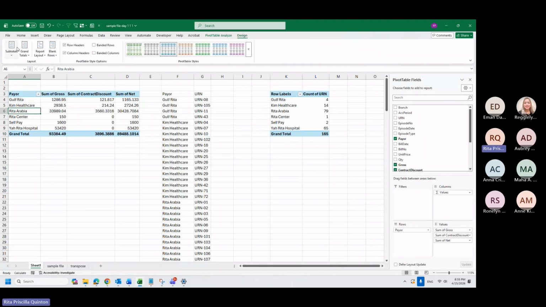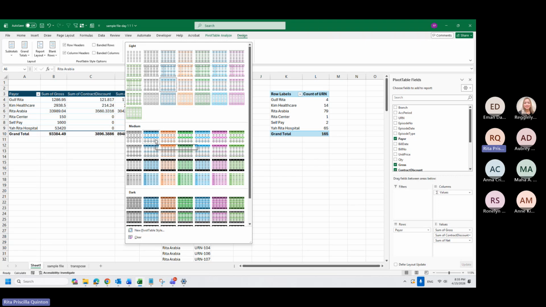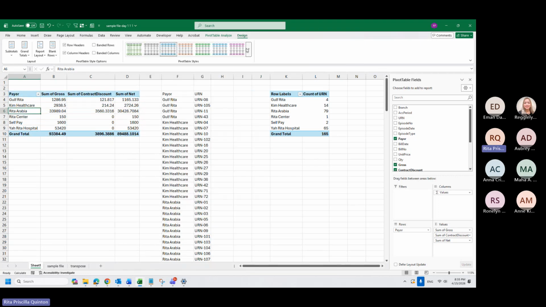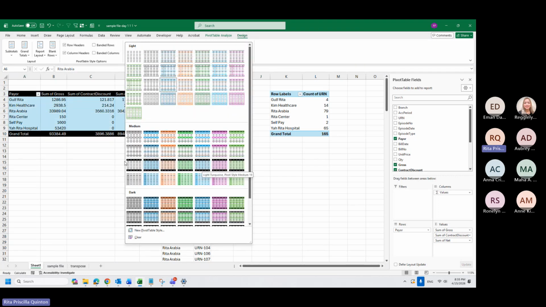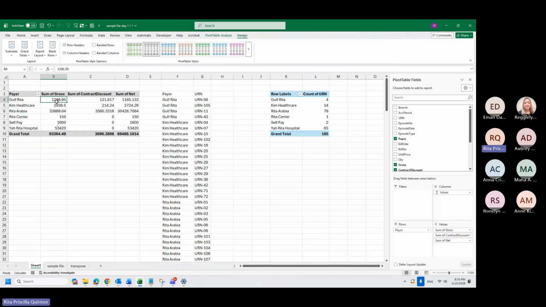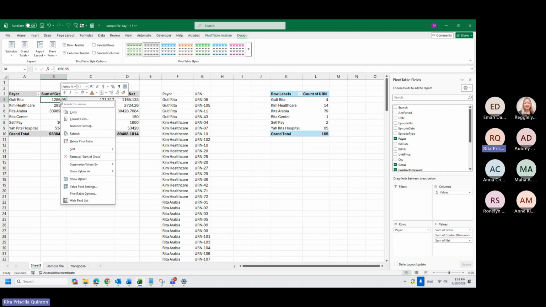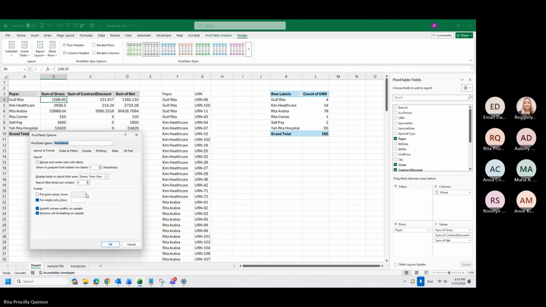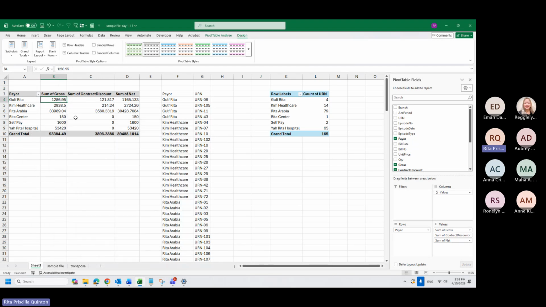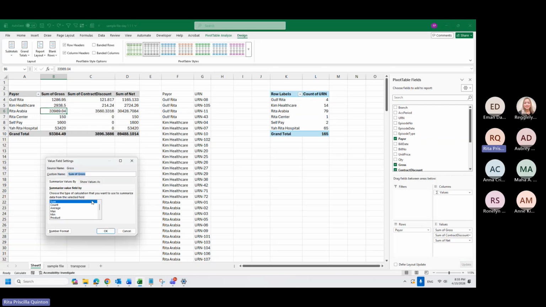Okay, for the design, yes, we talked about it already. You can also do quick design on your table using this design over here and then select what design you want. Okay, if you want to change this format also, you can right click, go to, sorry, go to value field settings, number format.